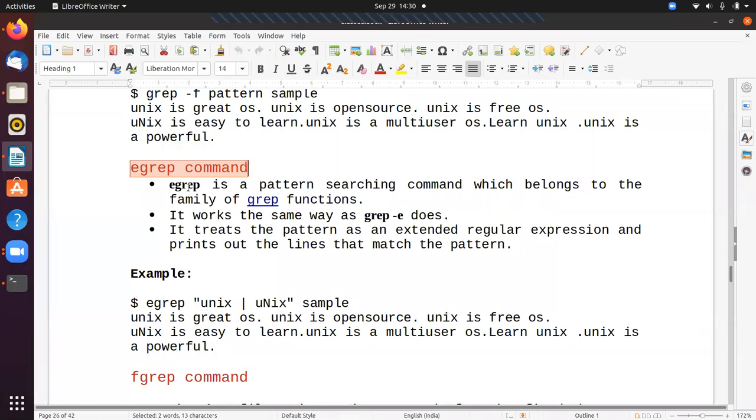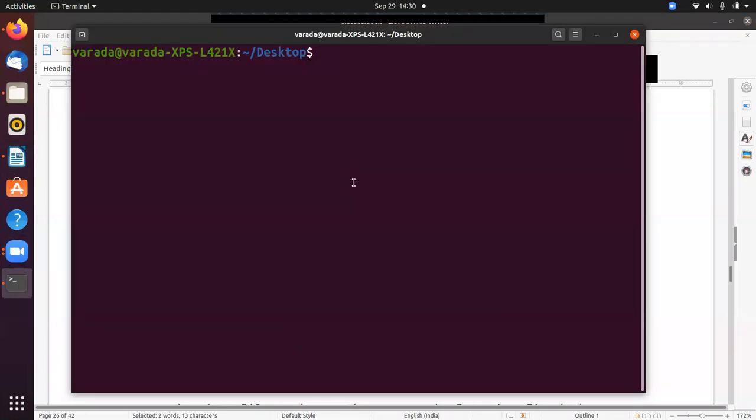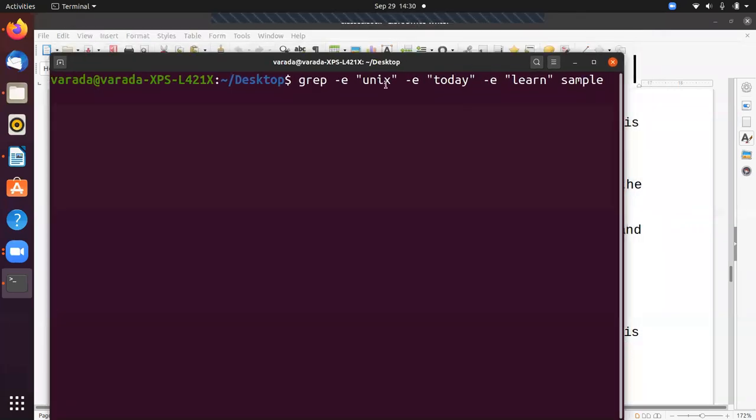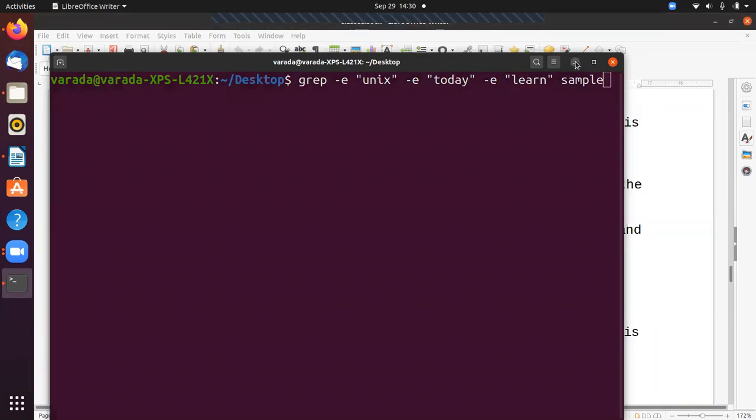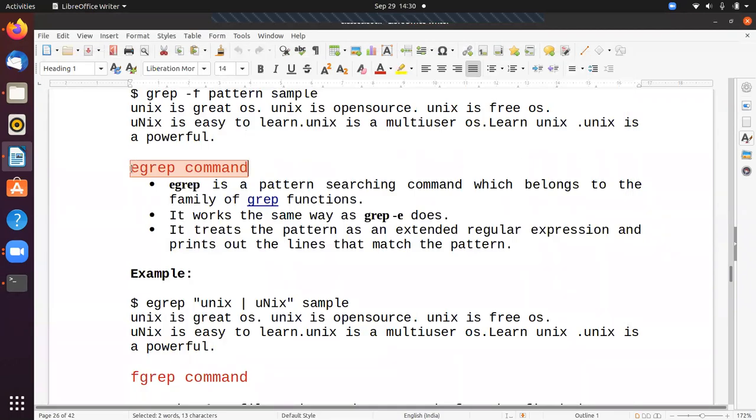In our previous example you see one command: grep -e Unix -e today -e learn. That means here I am giving three patterns. Either it is Unix or today or learn, whatever it is, if the pattern matches lines in the sample, it displays those lines. Now by using egrep, we do the same work.